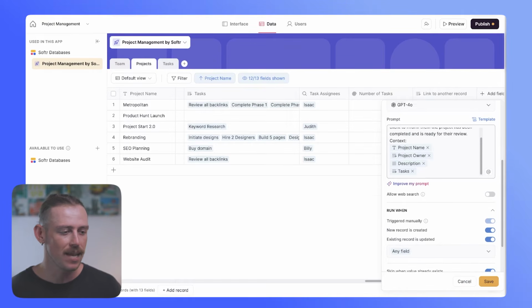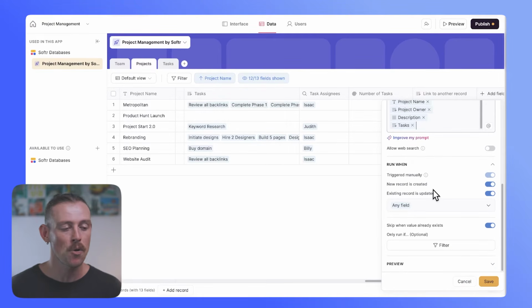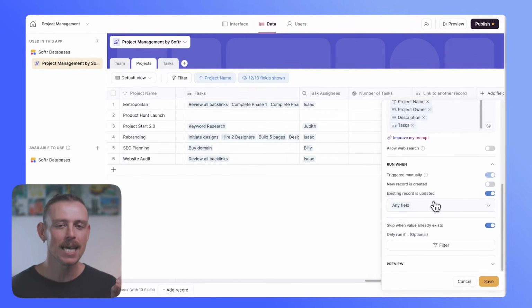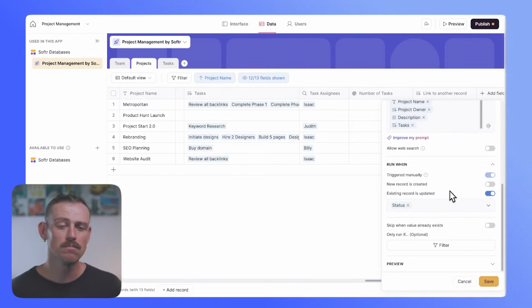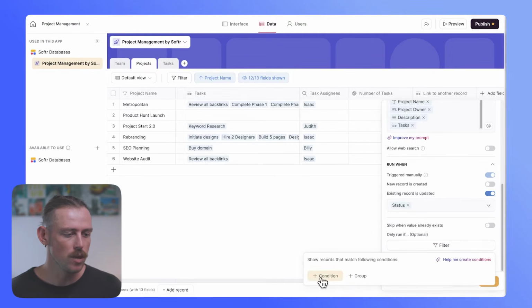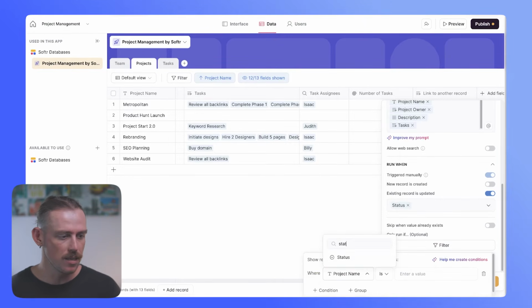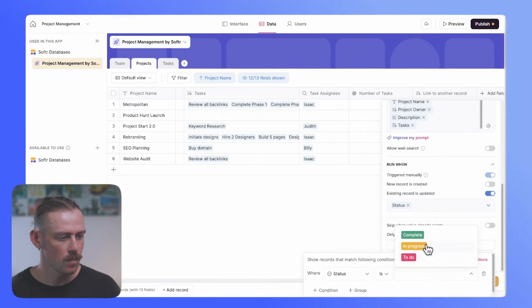I'll remove that. And down here, we have the ability to set when the AI agent should actually do its job. Should it be triggered manually? When a new record is created, or when an existing record is updated? Now, I don't want it to be created until a particular project is completed. So we're going to set that when the status is updated, it's going to run, but we want to set a condition. We want to set it so that only when the status is equal to complete,